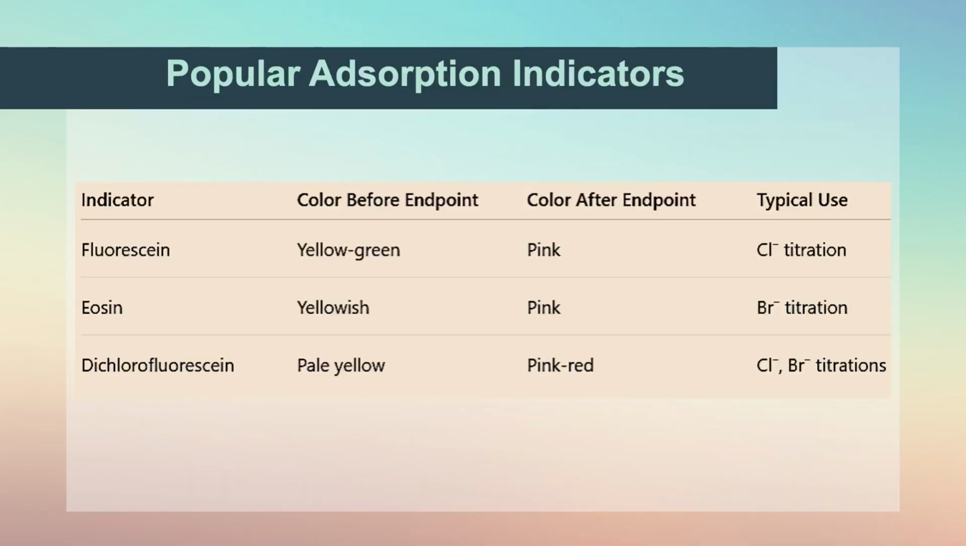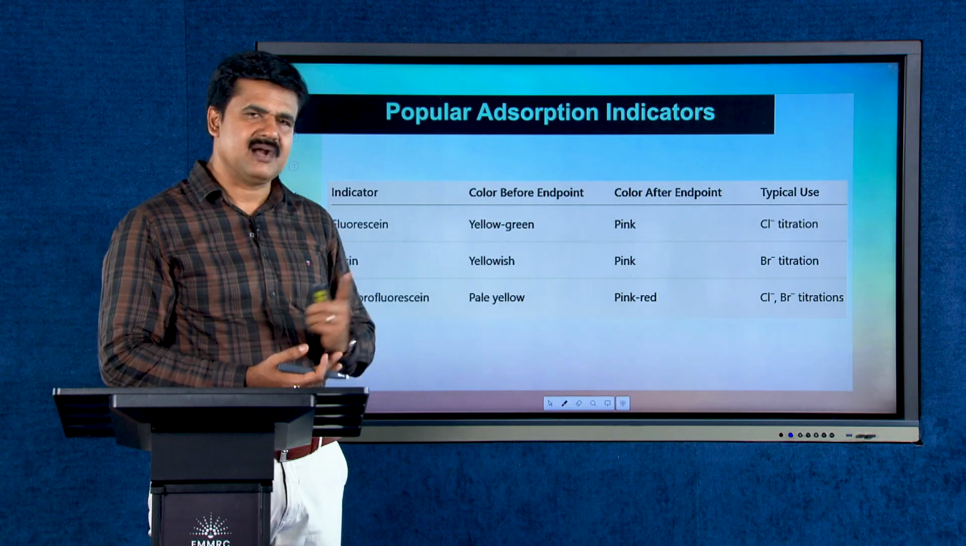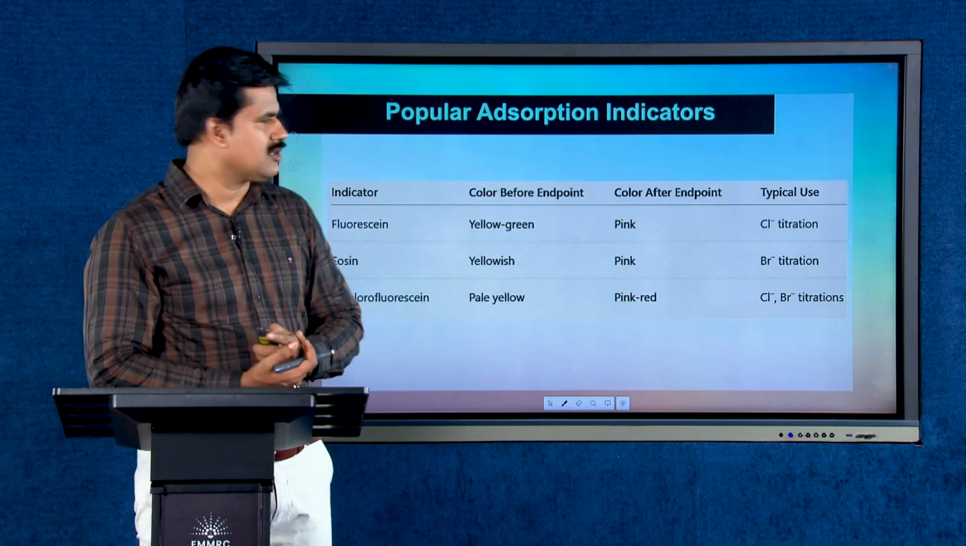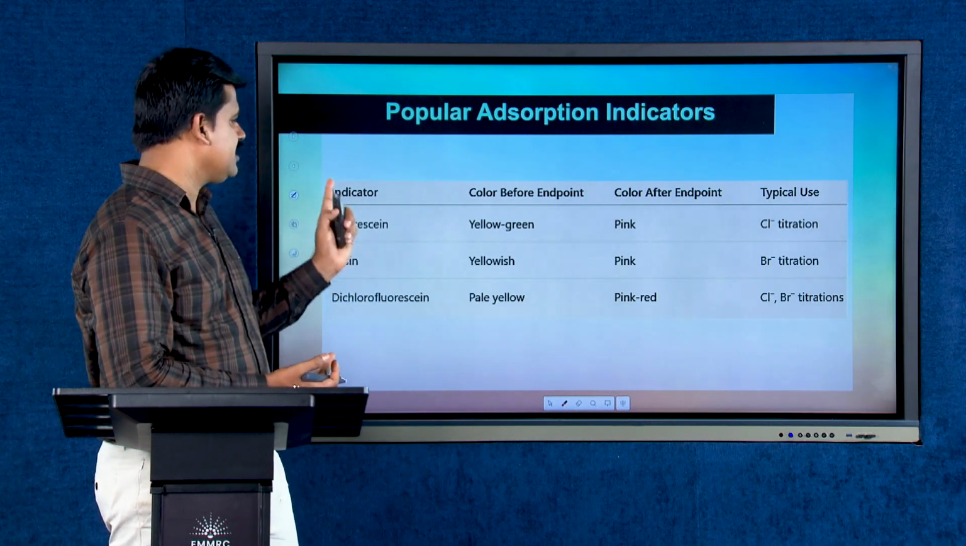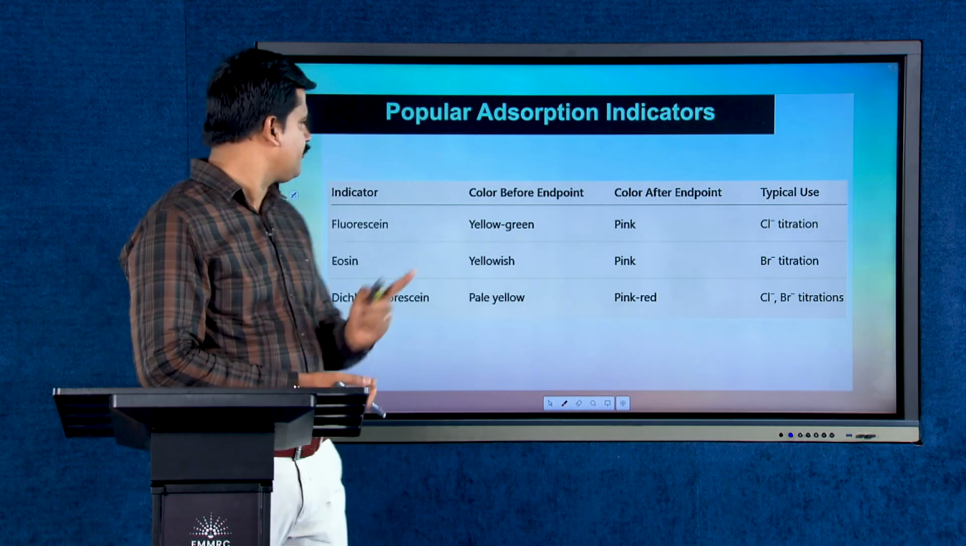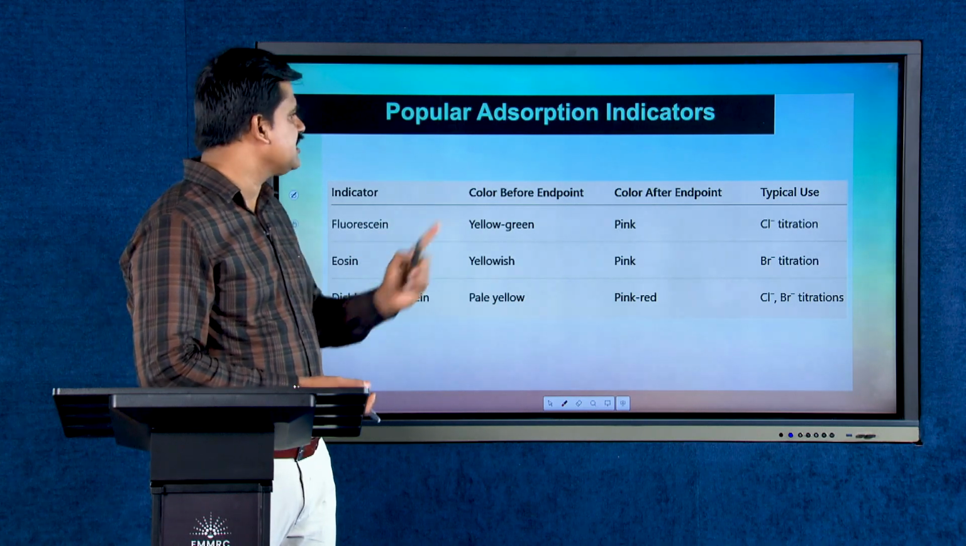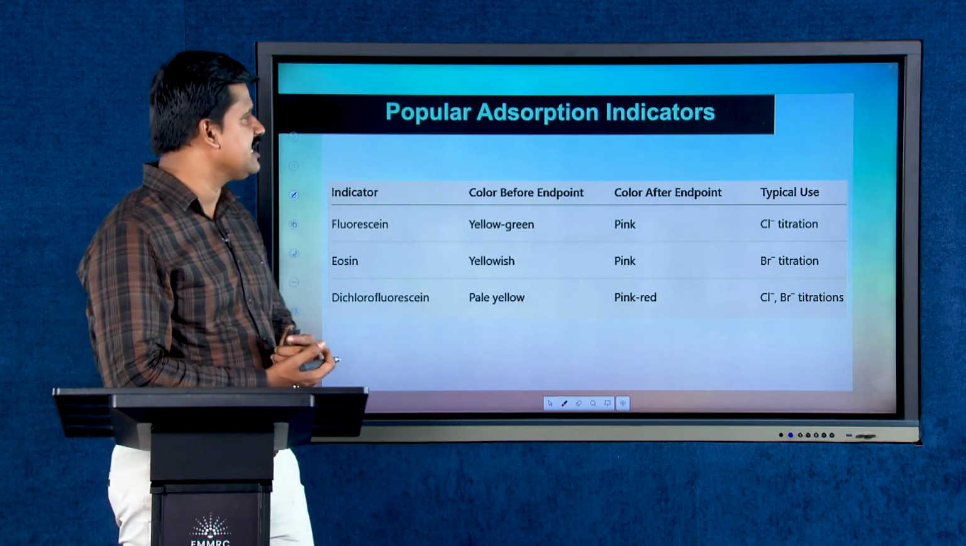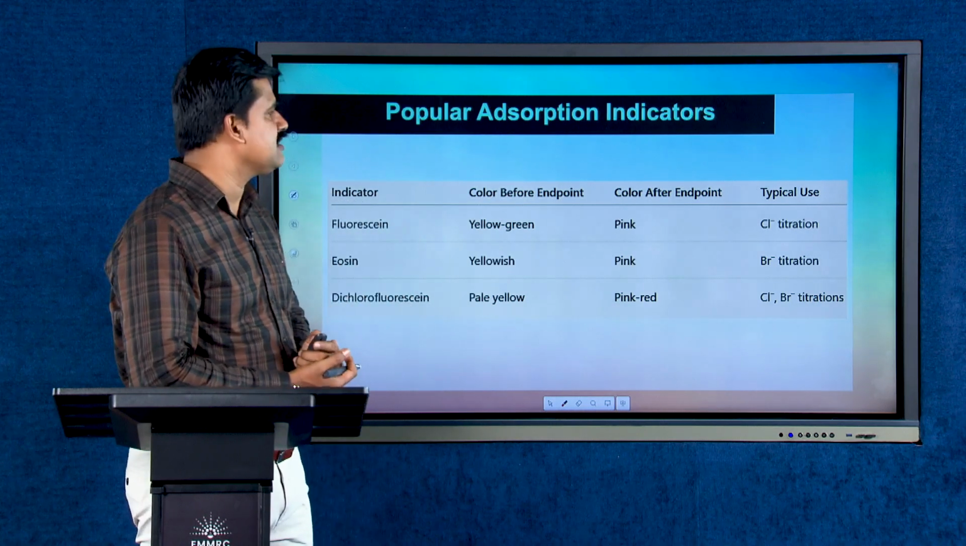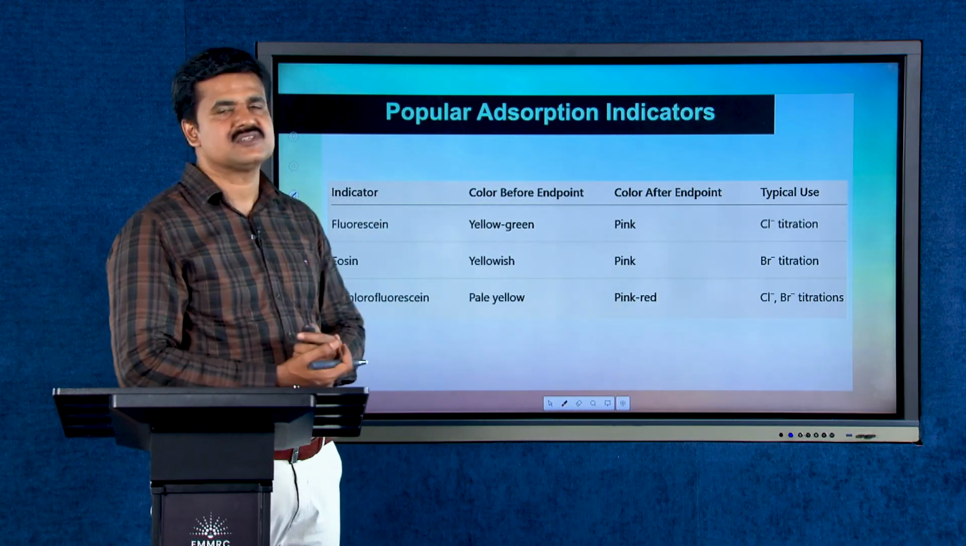This is a chart showing popular adsorption indicators. The first column represents the indicator. The color before the endpoint and the color after the endpoint are shown here, and typically useful for the estimation of some ions. The ions which can be estimated by that indicator are also shown in the last column. The indicators include fluorescein, eosin, dichlorofluorescein, and for fluorescein, before the endpoint the color is yellowish green, and immediately after the endpoint the color change is pink, which is used for estimation of